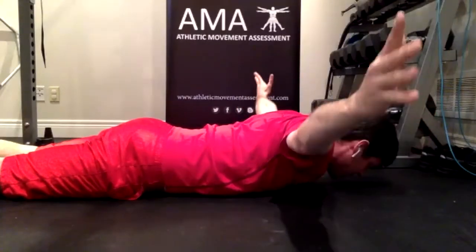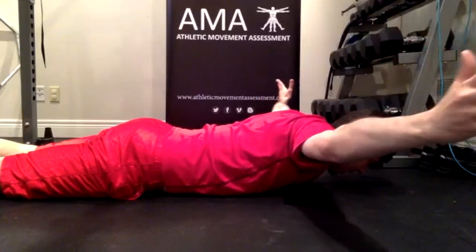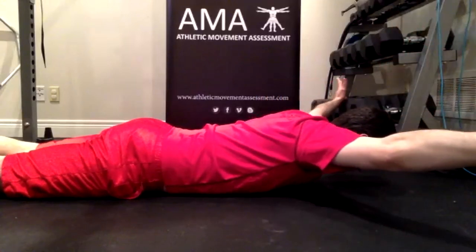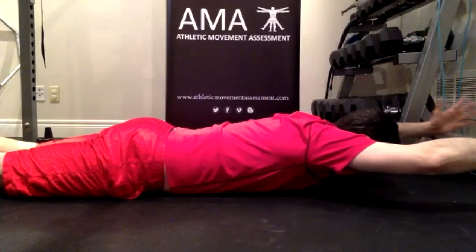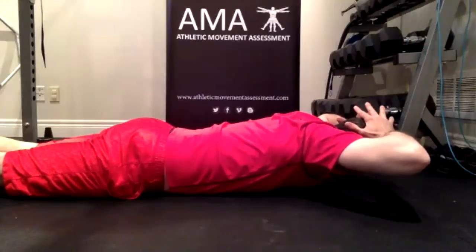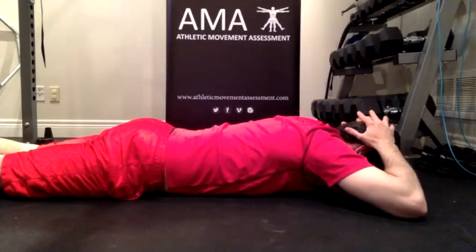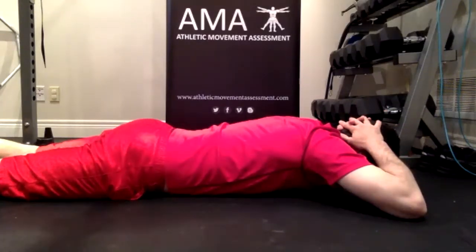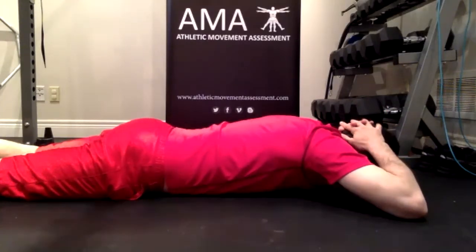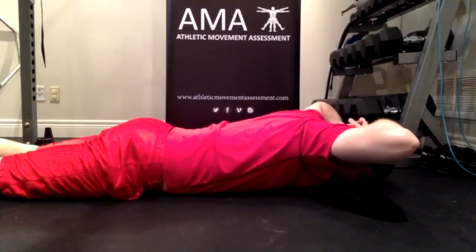Thumbs up towards the ceiling, higher, higher. Now we're going to keep going. Finish it up overhead so your thumbs are facing towards the ceiling. And now you're going to bend your elbows back to your head and then elbows down. So that's 1.5 repetitions there. We're going to finish this. We're going to bring elbows up as high as they can off the ground,